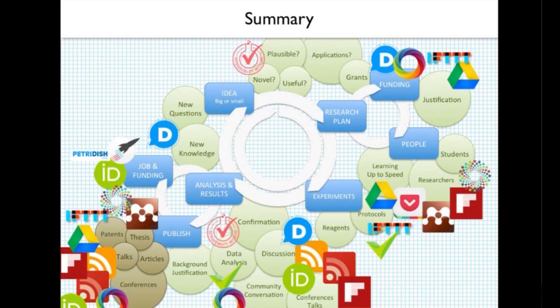Okay, so the picture then at the end kind of looks like this. There's a lot of stuff. There are a lot of different areas. My advice for anybody looking to sort of get started with these things is start with what the problem that you have is. What is the thing that you want to try and solve or do better? And once you've done that, then you can really engage with what is the best either service to use, what is the best workflow to use. You don't need to do all of these to get up to date immediately. I'd really recommend picking one, giving it a shot, see if it satisfies your needs, and then move on from